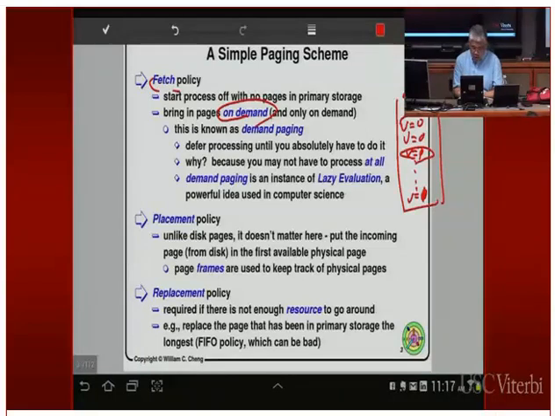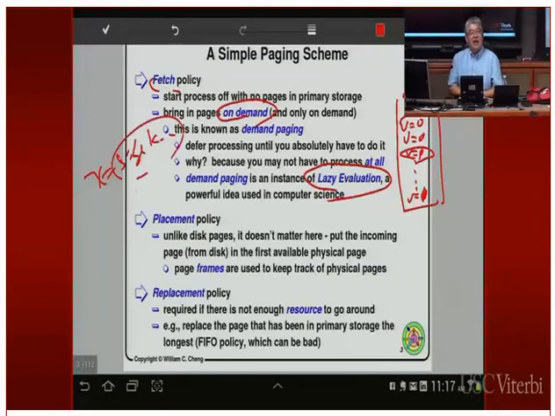Okay, so in a way, this is a scheme that's known as lazy evaluation. Lazy evaluation says that if you want to evaluate something, for example, I have an expression X is equal to Y plus Z plus K plus whatever, right? Okay, so when do I evaluate this expression? I want to evaluate this expression as late as possible. If I don't really need X, why do I have to evaluate this expression? I want to delay my evaluation until the last possible moment. The last possible moment is when I need the value of X.